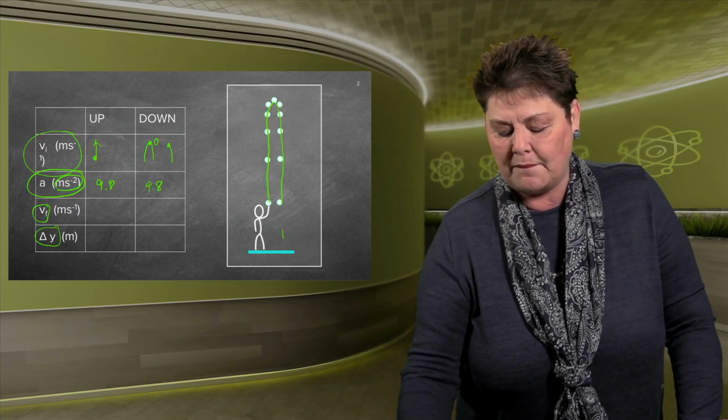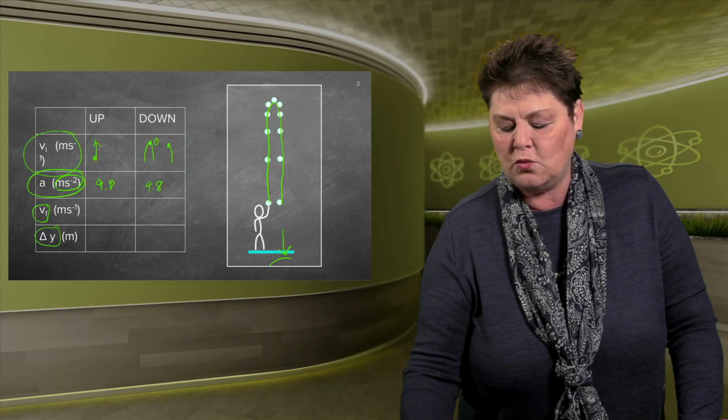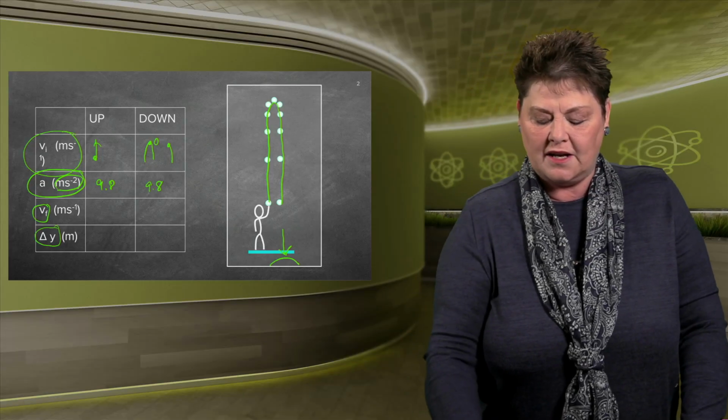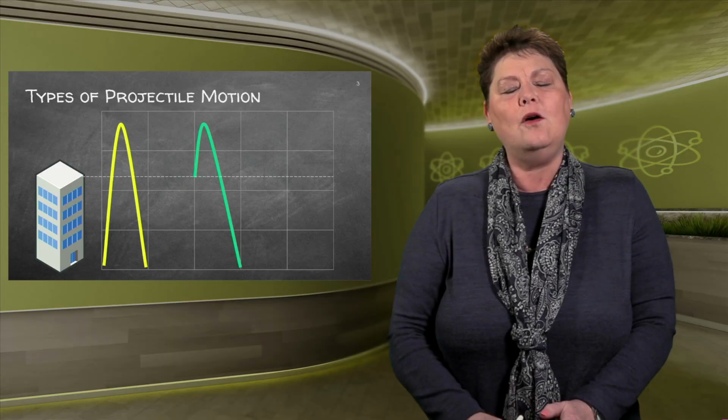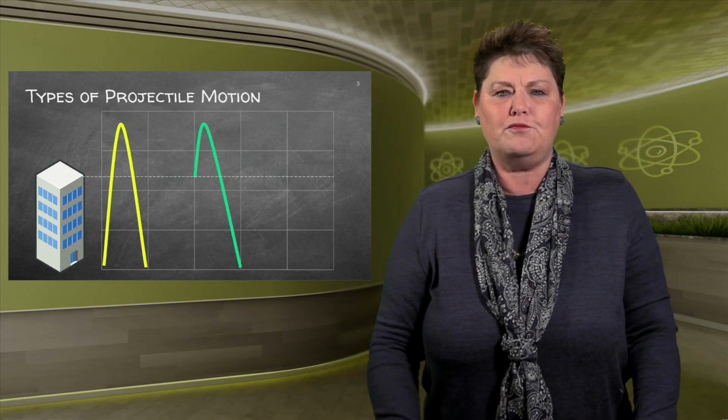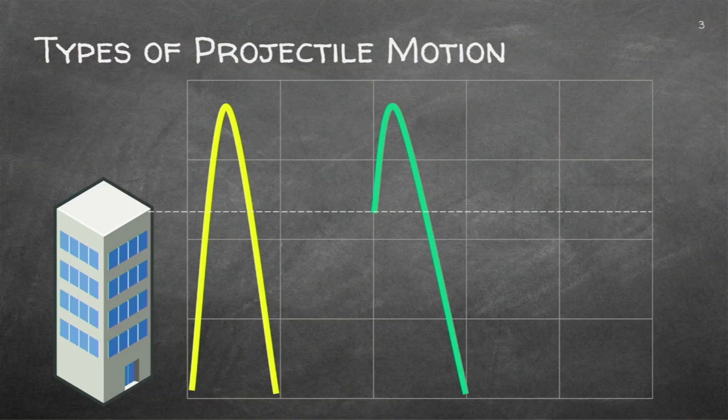So we've got a chap throwing an object, a ball, anything, and it's going up and down. And why is it coming down? Because the gravity is pulling it towards the Earth. So you will see now that we've got different types of projectile motions. This diagram indicates that an object has been shot up past this building up to that point there. And remember, when it gets to that turning point, the velocity will be 0 and it falls down.